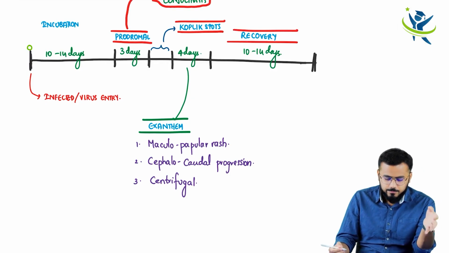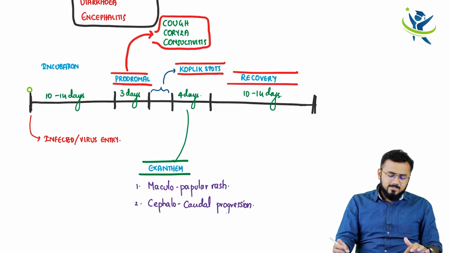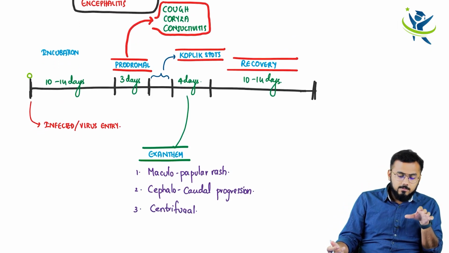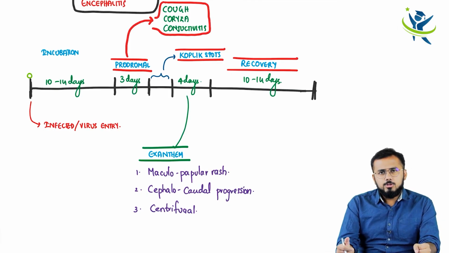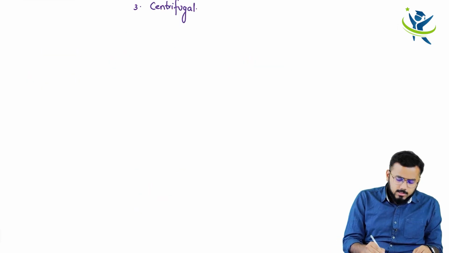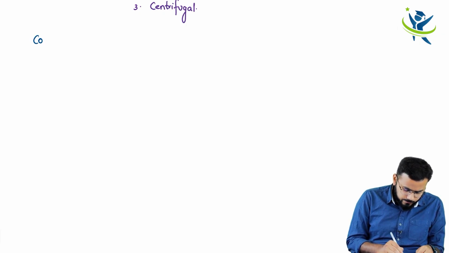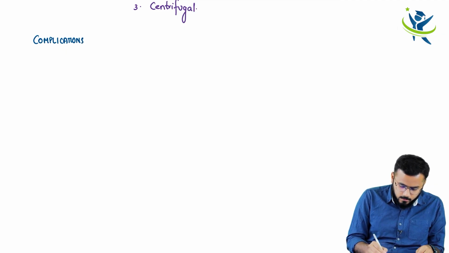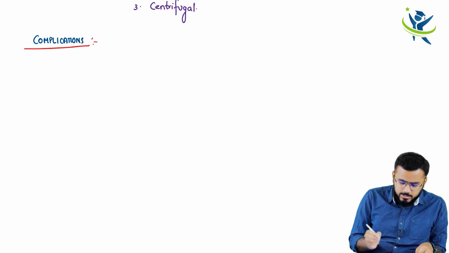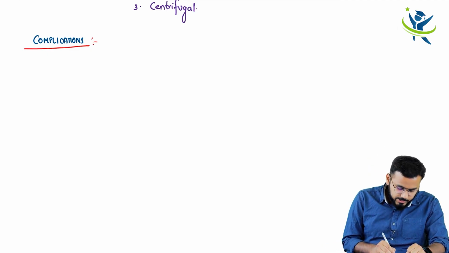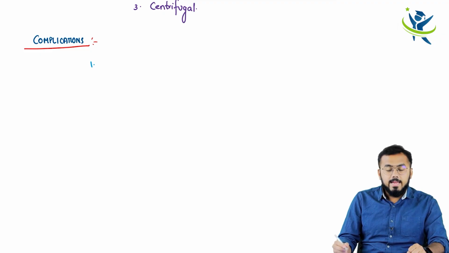So this is a very important part, guys, which I want you to remember. Keep these things in mind. Many MCQs are framed from this part especially. The next important thing is, guys, what are the complications? What complications would I see if I am not treating this patient properly? Obviously the patient's lungs are affected, so there can be Hecht's giant cell pneumonia.